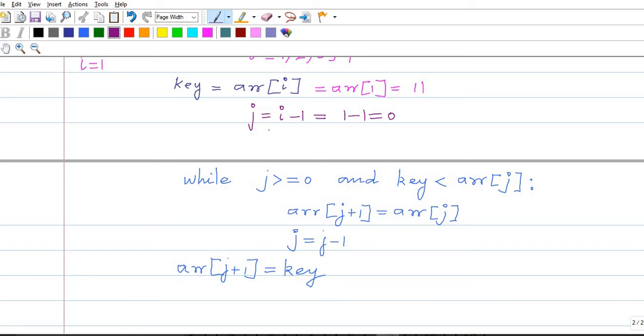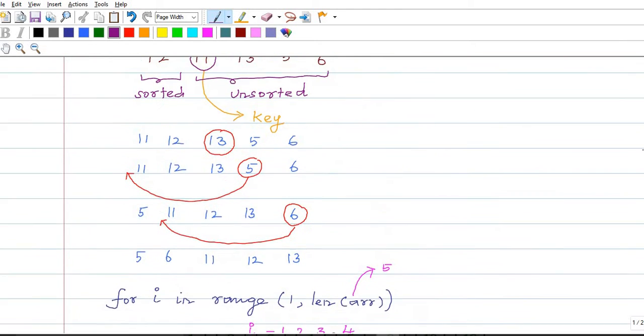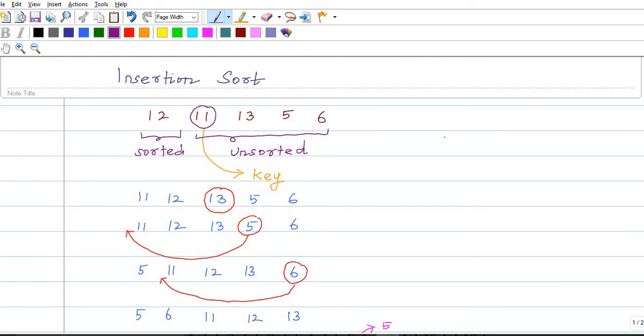So for now, when i equal to 1, j is equal to 0. So 0 greater than or equal to 0, this is true. Key value is 11 here, and arr[0] is 12.